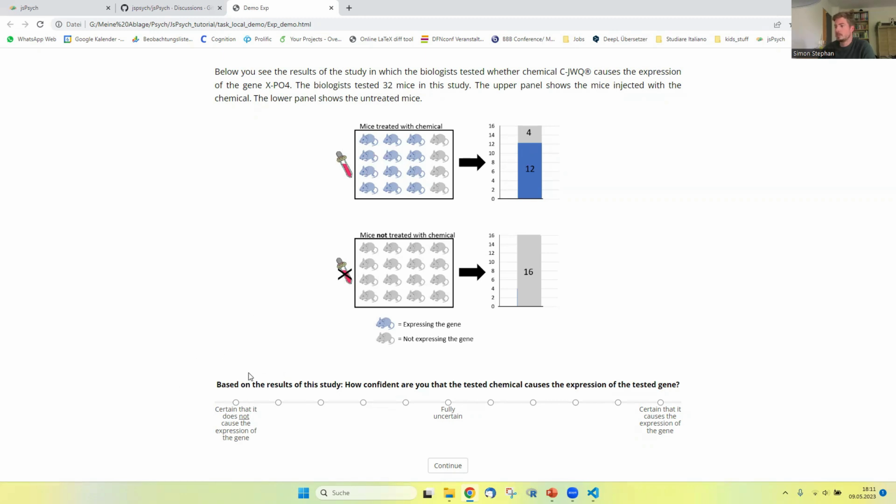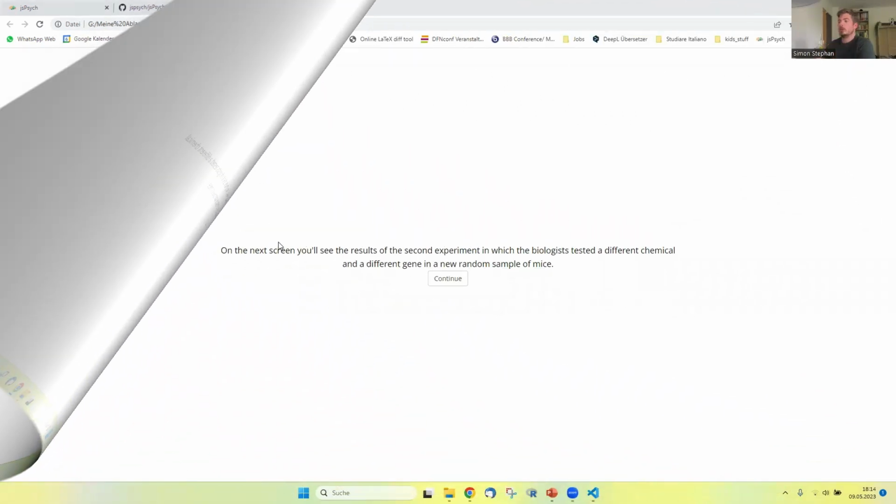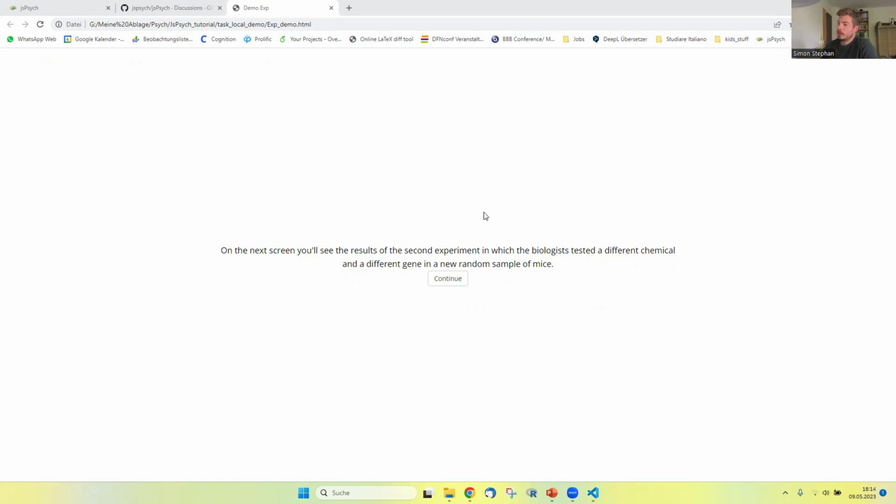All right, and then there's the test question based on these results. How confident are you that the tested chemical causes the expression of the tested gene? And then subjects can give an answer. And in this experiment here, the orientation of the rating scale, so whether we are certain that it does not cause the expression of the gene, is on the left side or the right side. This is counterbalanced between subjects. All right. So we have provided our rating, and then we get an intermediate screen telling us that we are now going to see the results of the second experiment,